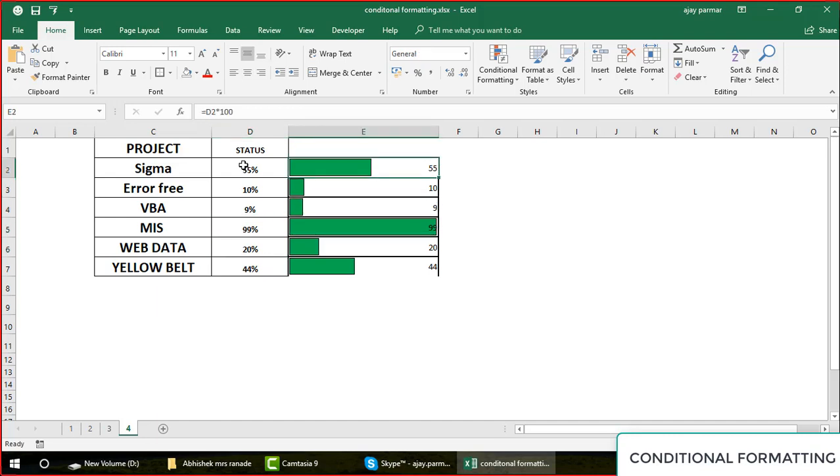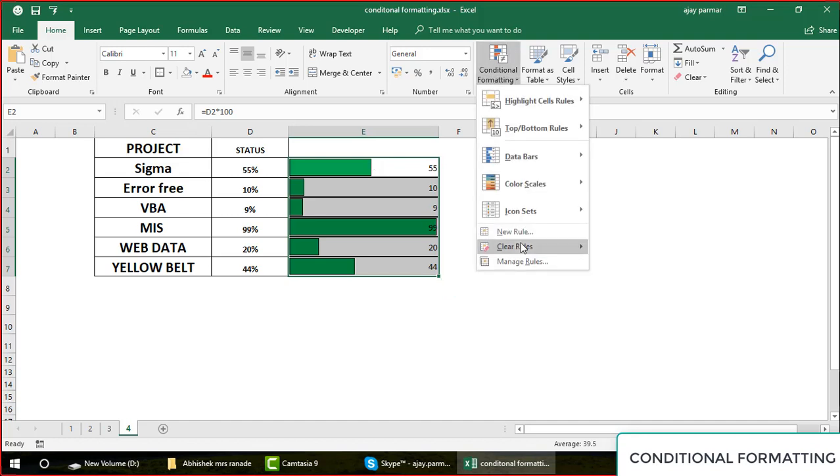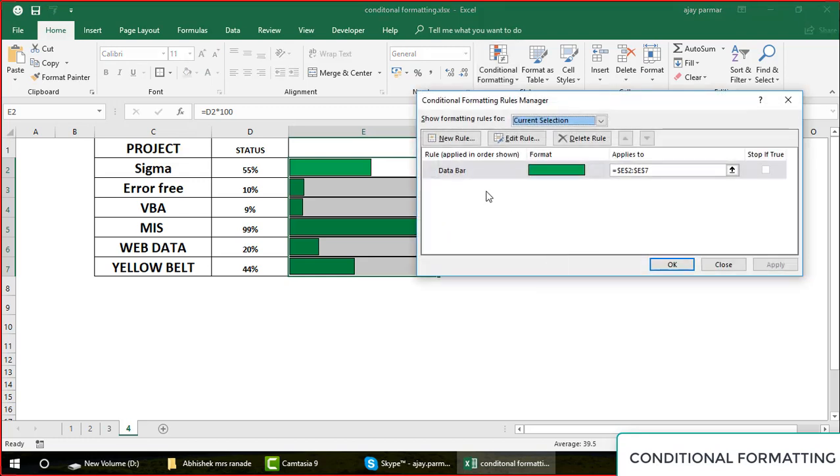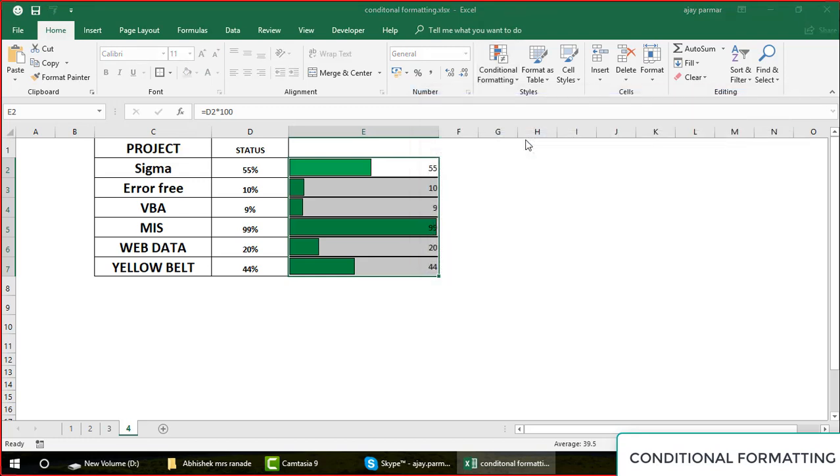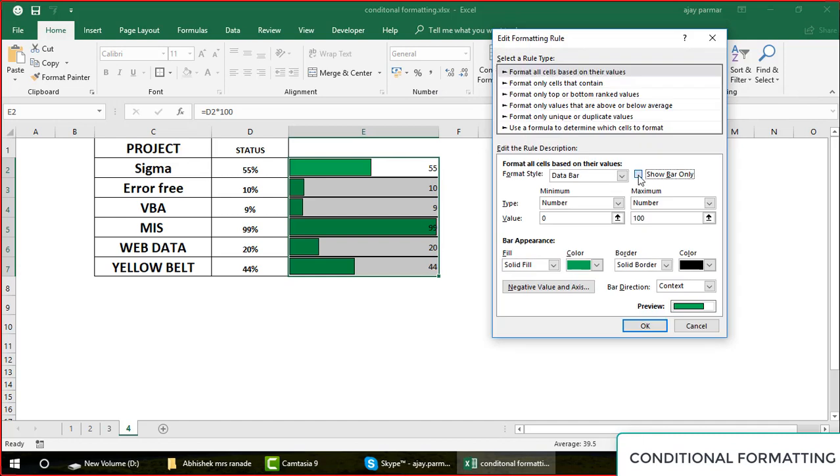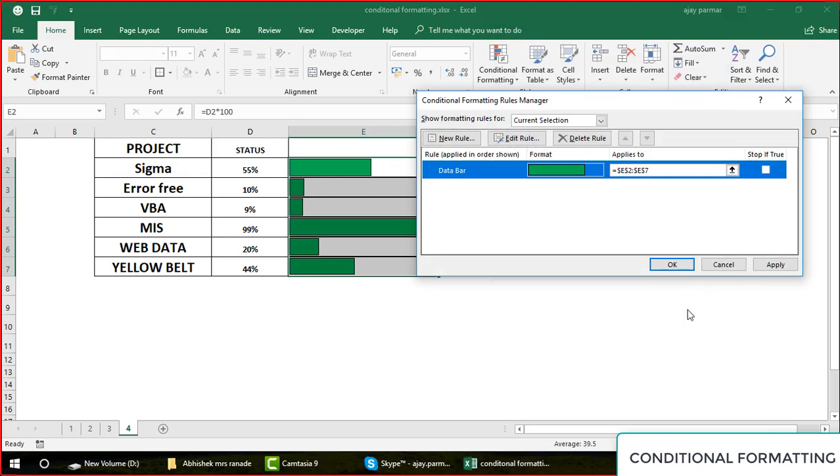Now one more thing, generally people don't like to show these values here, only the graph, because if the graph is there, then the numbers automatically, you get the idea from the graph view. So you go to the conditional formatting. If you remember that option, show icon, when I click on this and when I say edit rule, you have here an option called show bar. Click here. Now when you click OK, that's how when I apply this,